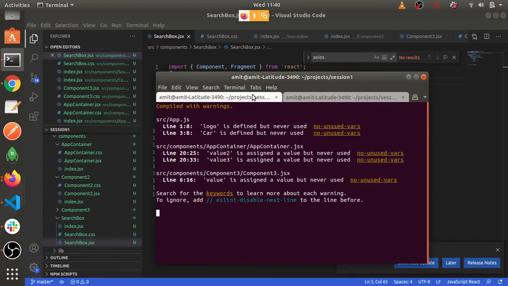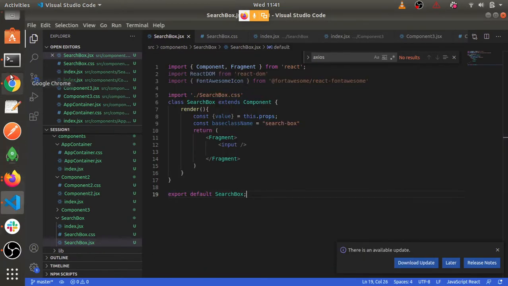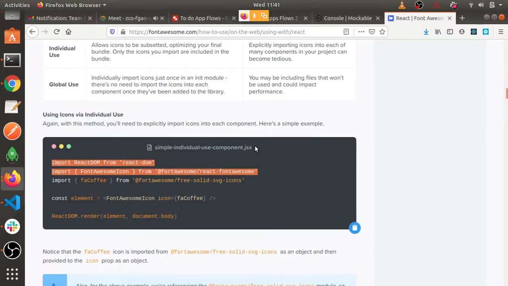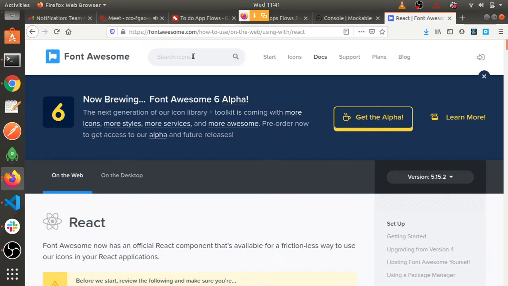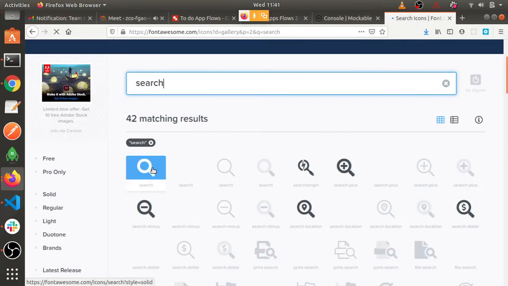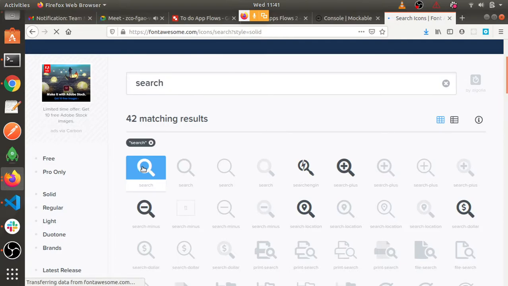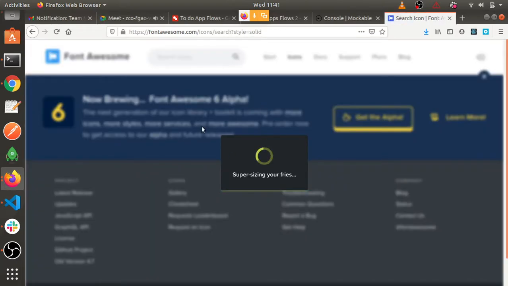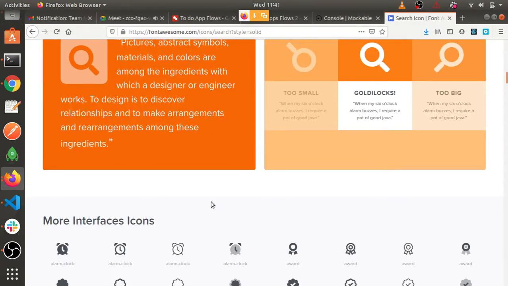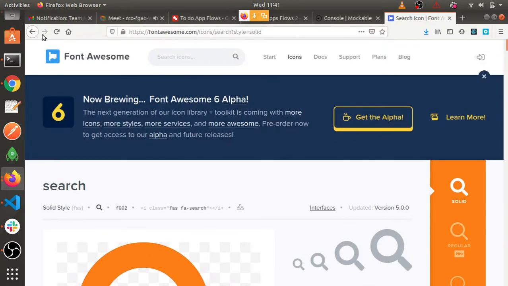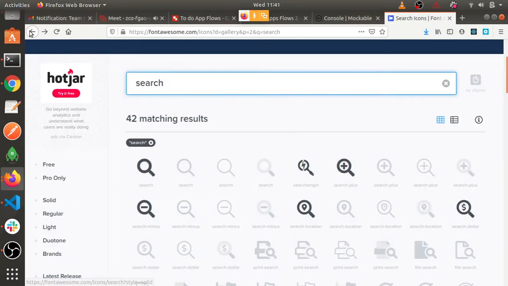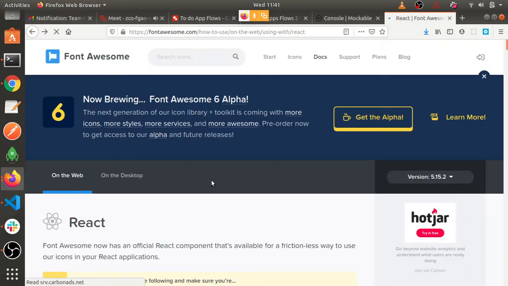Okay, this is installed. Now we are going to use the search icon. So how can we do that? We'll search for the search icon here. You can see this search icon we will use. So basically we need to follow this, how-to.